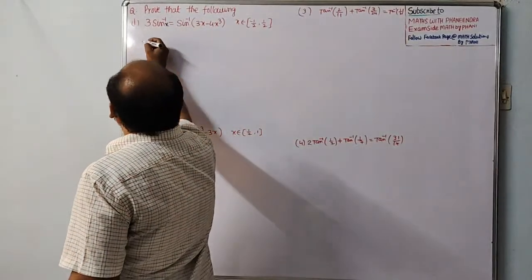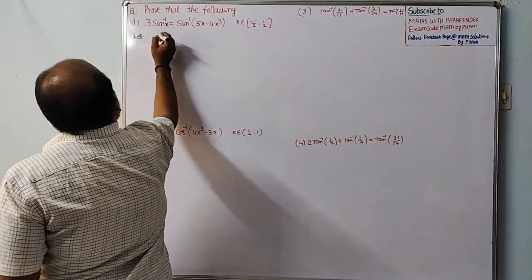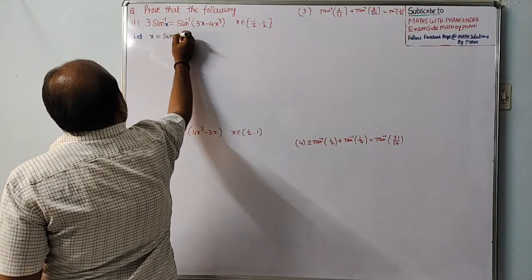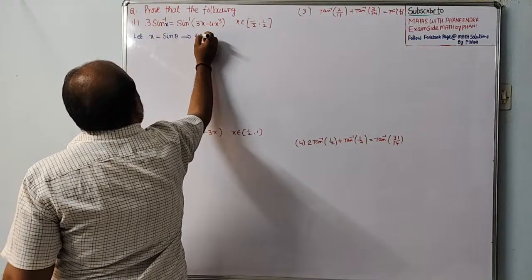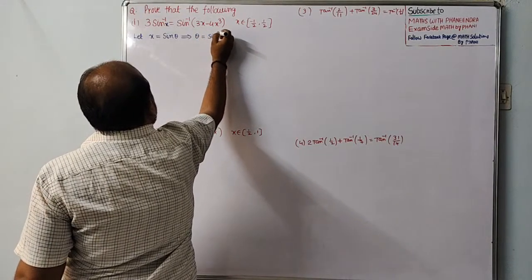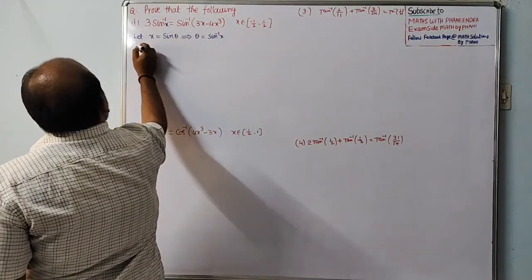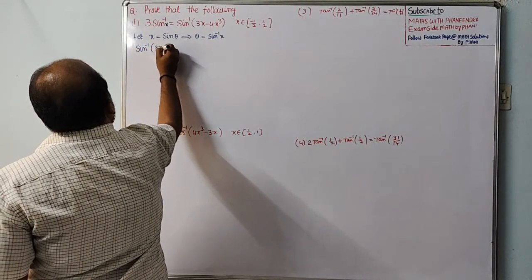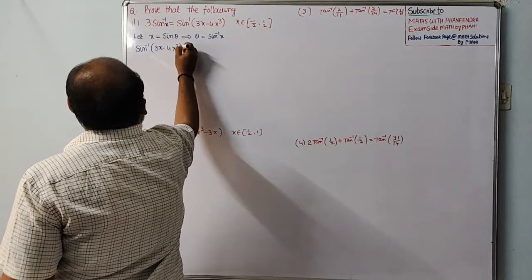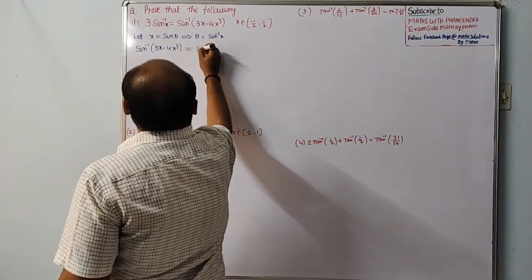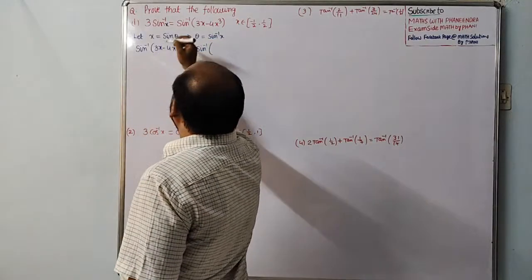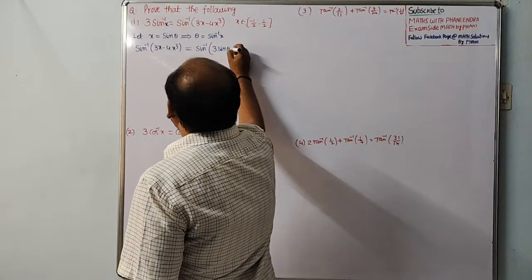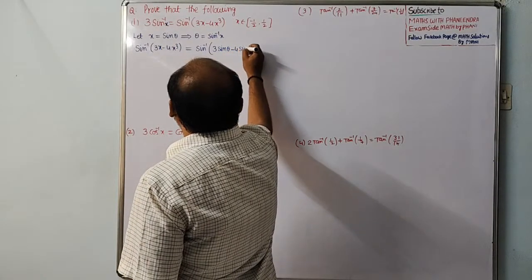So the first one: let x equal sine theta. That implies theta equals sine inverse x. Therefore, sine inverse of 3x minus 4x cube is equal to sine inverse of, wherever x is there, replace it with sine theta, 3 sine theta minus 4 sine cube theta,